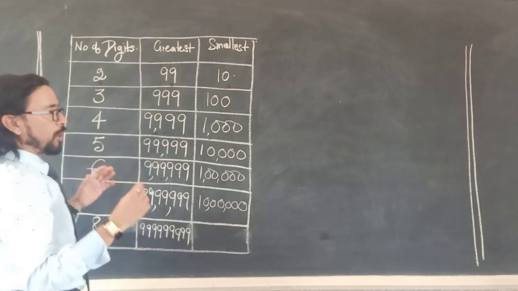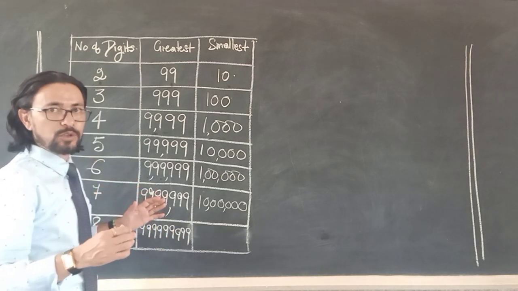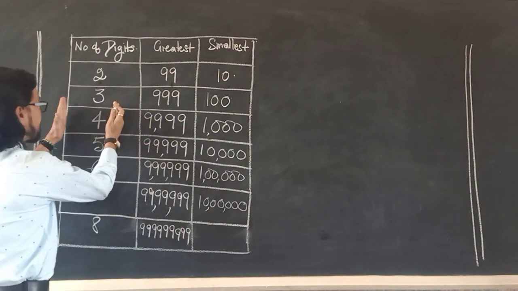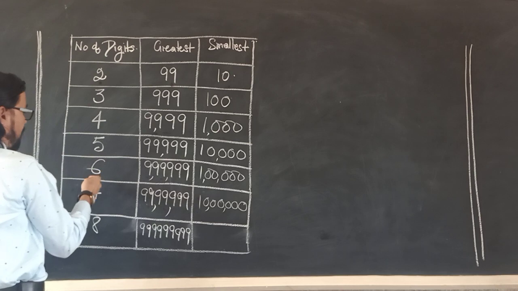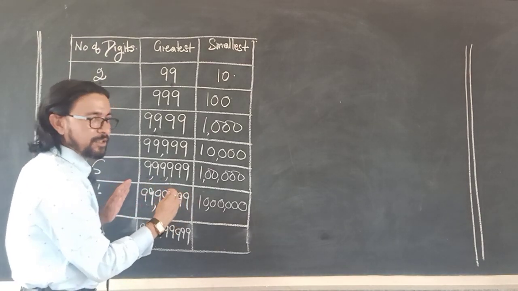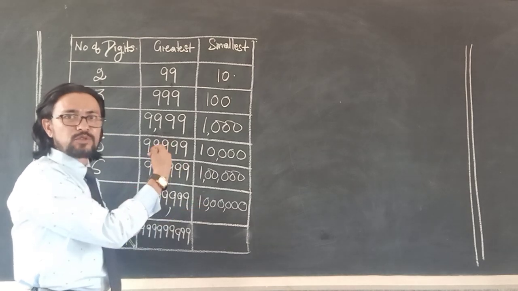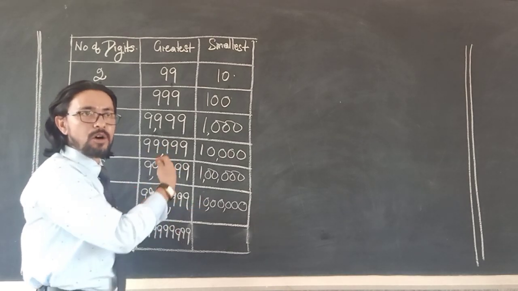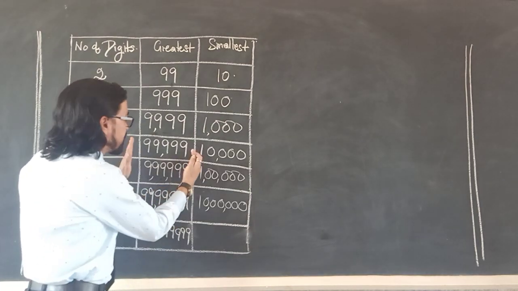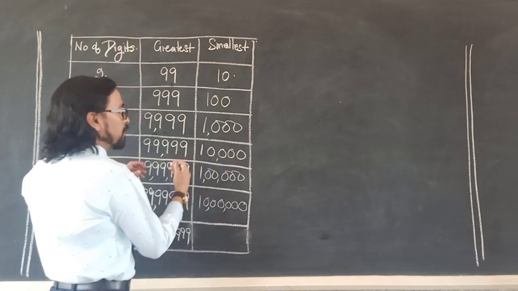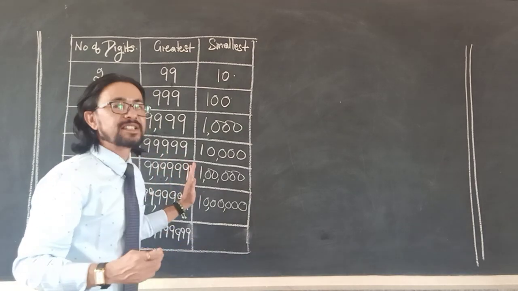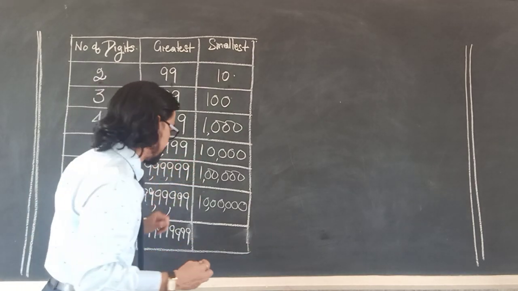Make sure when you are drawing this diagram in your notebook, you keep the columns big enough. This can be small because you can write 2, 3, 4, 5, 6, 7, 8 in a small space. But these numbers are going to go on increasing as you go from one set of digits to the other set of digits. So please keep these columns a little big, especially those who have big handwriting, so that your number fits in, otherwise you'll be falling short of space.